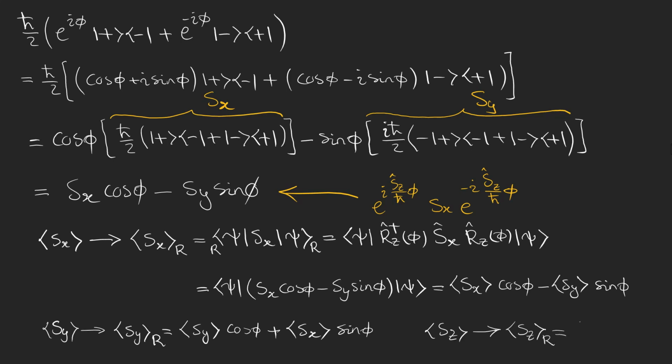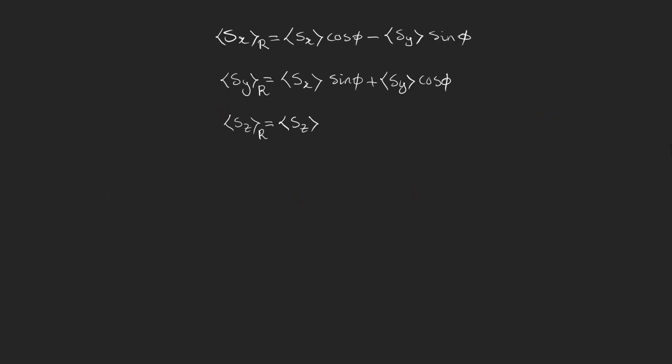Obviously, the expectation value for the z component must remain the same because we are rotating about the z-axis and it must stay unchanged. Pay attention that we are not measuring anything, we are just finding the effect of the rotation of the state of the system on how it can affect the expectation values. And this is how a rotation about the z-axis changed the expectation values of the three components of the spin